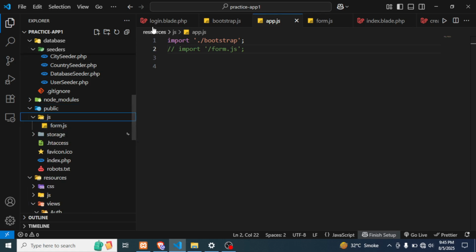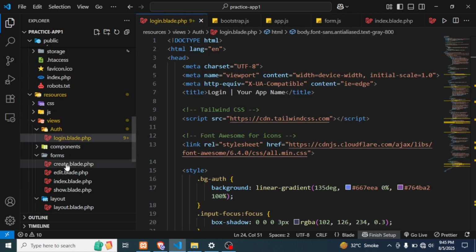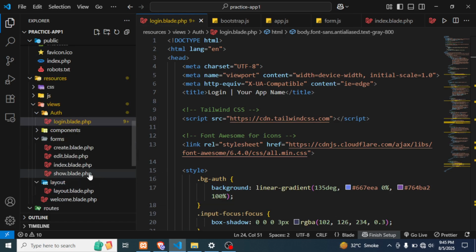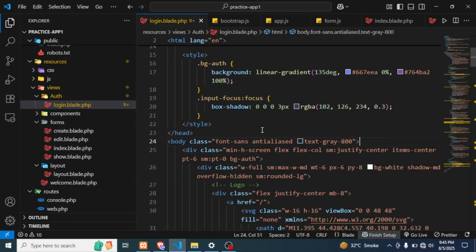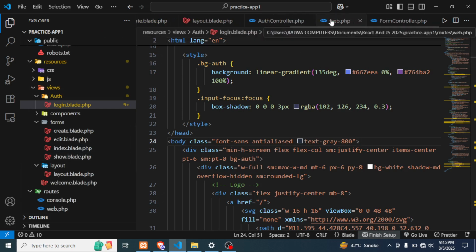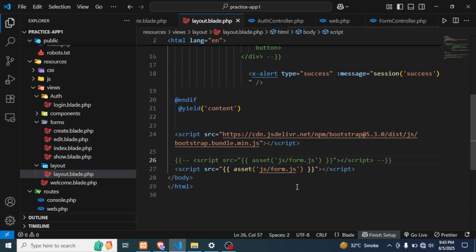So you can use it for any page like login, create, edit, or anything where you want to add a script. And how you can include the script code in your form: if you have a layout file, just add it in the layout like that, asset js form.js, or